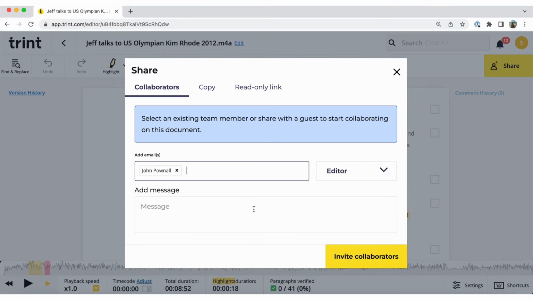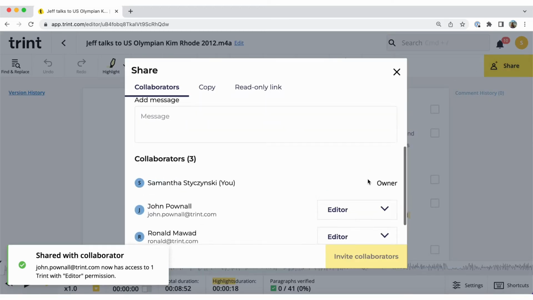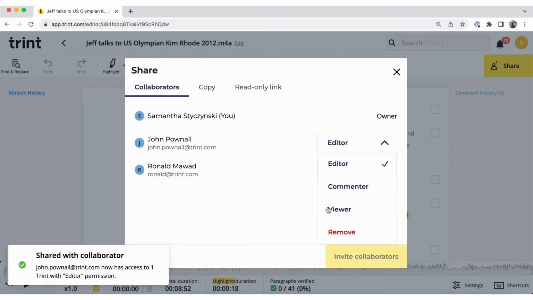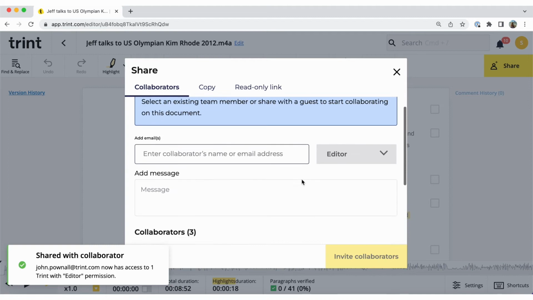So if I go in here, I can give my colleague John editing, comment, or viewing access. Editing allows him to make the same changes that I can make, commenting limits him to commenting, of course, and viewing, he can just read the file. I'll go ahead and give John editing access, and he'll get an email saying he's been invited to that file. I can go ahead and also remove his access. You can see here, change his access. You can see I've also added Ronald to this file as well already.